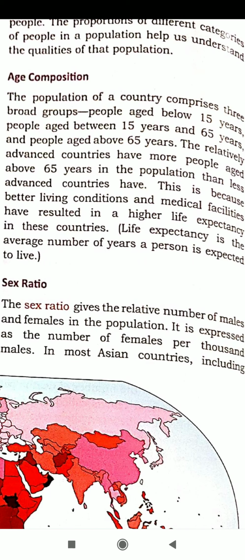Now, students, I am going to teach about the working and dependent population. Children aged below 15 years and old people aged above 65 years usually do not contribute to production. They depend on the working population for the goods and services they require. Generally, people aged between 15 and 65 years comprise the working population. This section of the population is engaged